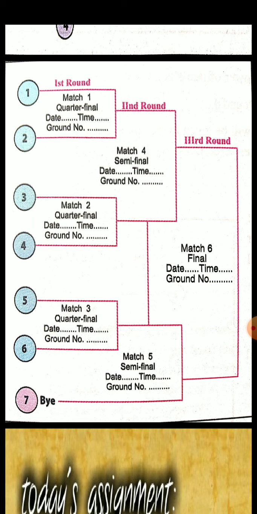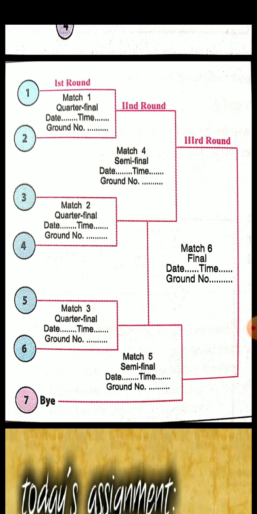And how we provide the byes, you know it well. The first bye is given to the last team of the lower half, the second bye is given to the first team of the upper half, the third bye is given to the first team of the lower half, and the fourth bye is given to the last team of the upper half. And this process continues if teams and byes are still present. Here we have just 1 bye, so it is given to the last team of the lower half,